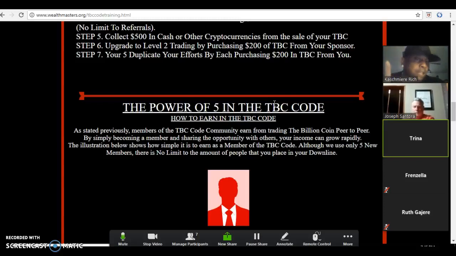So what happens is this. You'll come into the Kringle code up under the administrative team, who will nurture you straight through the Kringle code, right? You'll do your 4 payments, right? And when you hit that last level and get ready to go into the TBC code, by you already being a member of TBC code, you just move directly back up under your sponsor. That's just so simple.